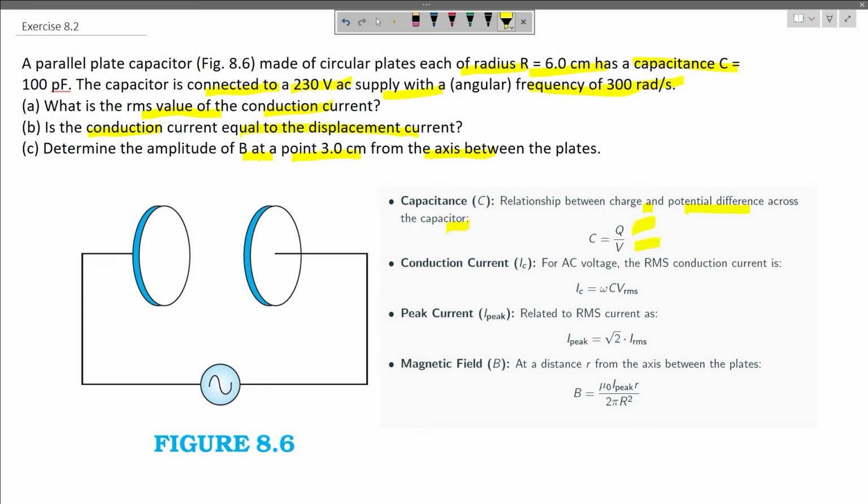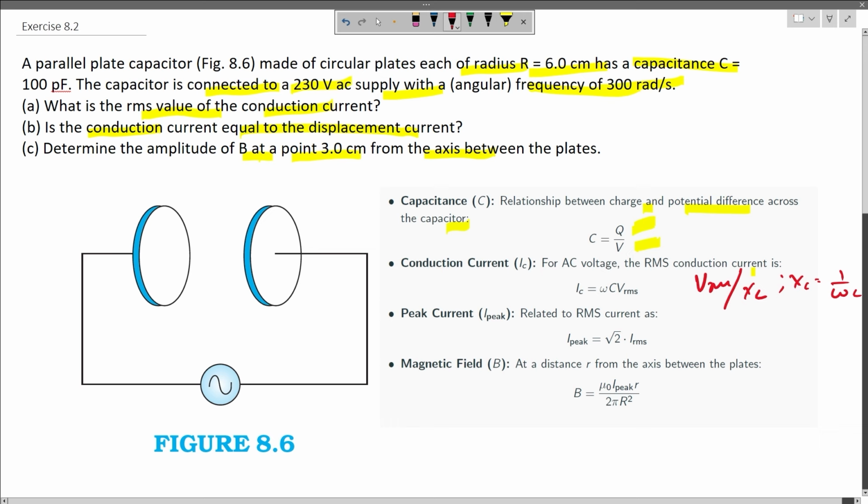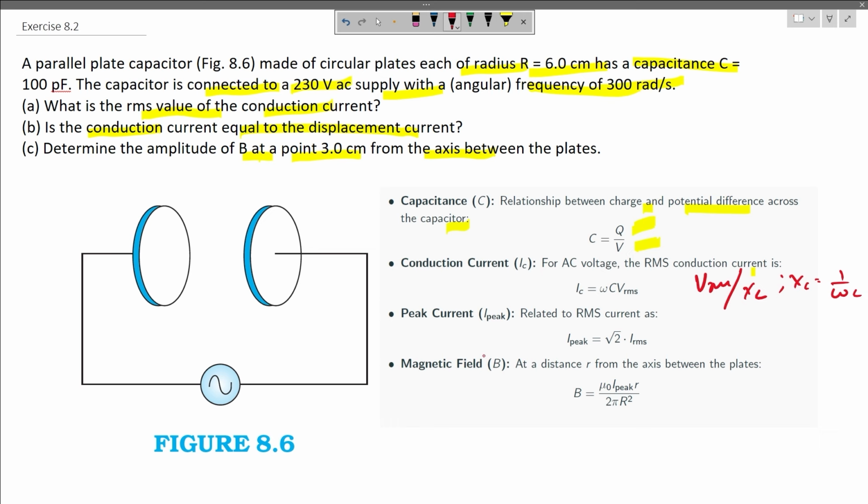And for AC voltages, the RMS conduction current is I_C equals V RMS divided by the impedance X_C, and we know that X_C for the capacitor is 1 by omega C. So we will get the conduction current as omega C V RMS, and the peak current is related to the RMS current as I peak equals